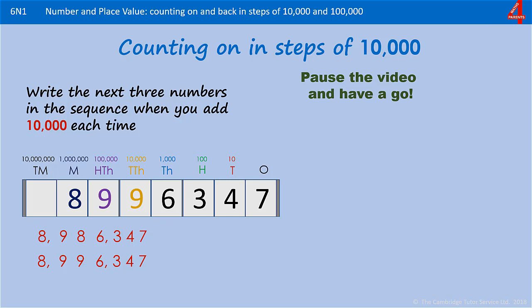This is a nice tricky one here, because as well as the 10,000s being a 9, the 100,000s is also a 9. So what's going to happen to that 8 million? Because the 10,000s is going to change to a 0, we have to add 1 to the 100,000s. But that's also going to become a 0. So the million needs to go up 1 as well. So your final number in that sequence is